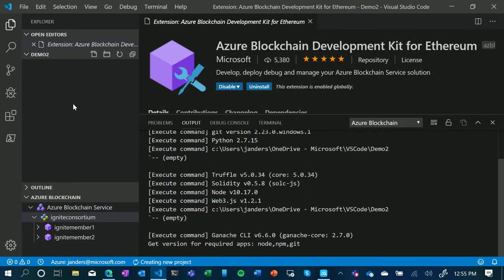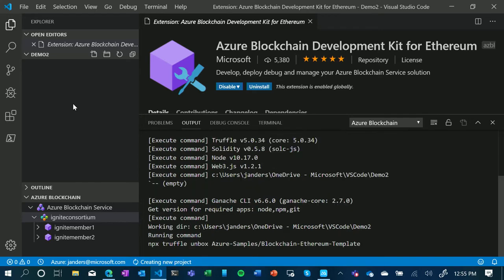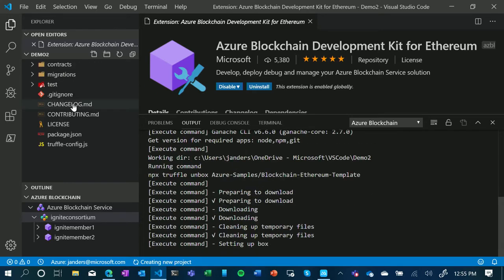It's going to go up to our GitHub repo and pull down those assets. But it's also building out the scaffolding necessary to deploy the contract, so all of the Truffle configuration files that you would need to do that. It's also going to build up a structure if you wanted to open source this. So you get a change log, contribution file, license, and a bunch of other stuff that you don't have to worry about. Okay, so it's still creating that project, but our contracts are there.